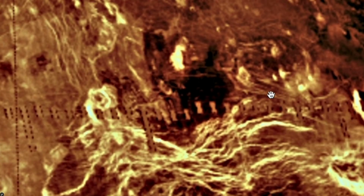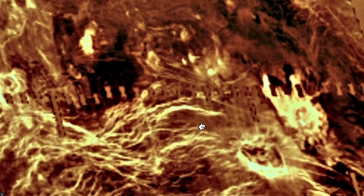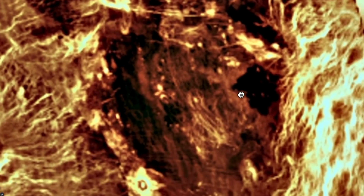Here's another. There's another one right here. My cursor is on top of it, actually, right here. Do you see it standing up? And these lines, are these lines from being sewn together, or are these lines actually melding into the environment? It's very odd. You could see some other structures here with pipes, and quite a few. There's a round structure there. If we come down,